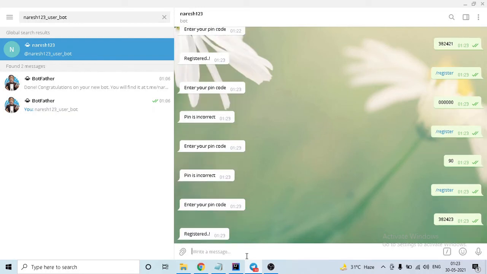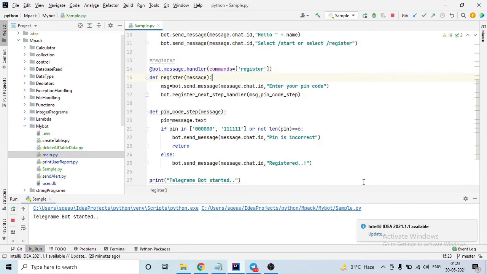Okay, so that means we have created one chatbot through which we are interacting. Whatever input the user is giving, we are able to get that input, and we can work on that. We can do many more things with what the user is providing. Right now I have just given you one sample example through which we can create a chatbot. We can receive the input from the user and process that input. Maybe you can save that input in some database, or you might want to call some API, and then the API can interact and show the results to the user. So many things you can do by using this chatbot. I hope this helps you understand how the chatbot works in Telegram